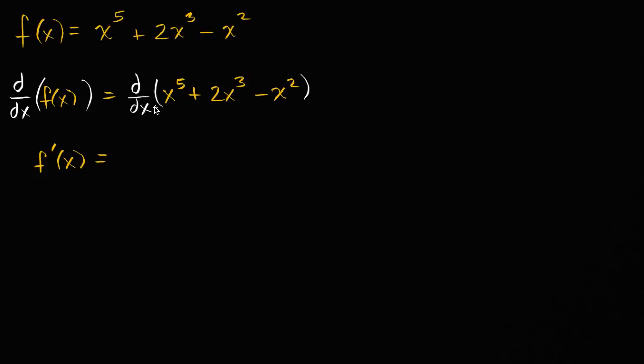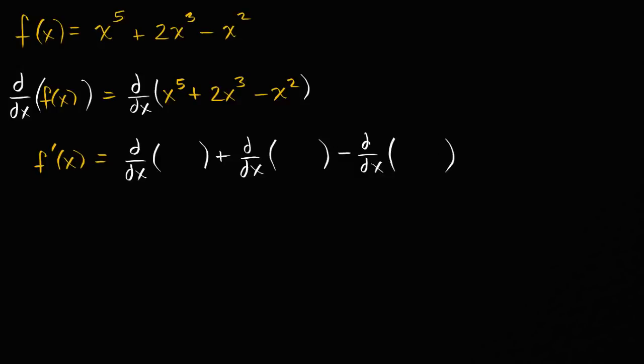And that is going to be equal to. Now here we can use our derivative properties. The derivative of the sum or difference of a bunch of things is equal to the sum or the difference of the derivative of each of them. So this is equal to the derivative with respect to x of each of these three things. So the derivative with respect to x, actually let me just write it out like this, of that first term plus the derivative with respect to x of that second term minus the derivative with respect to x of that third term,